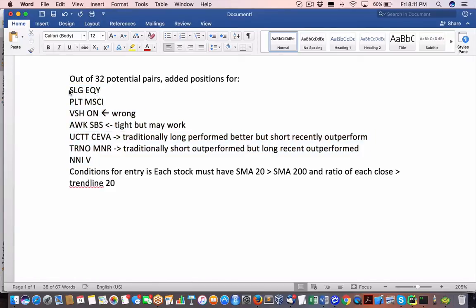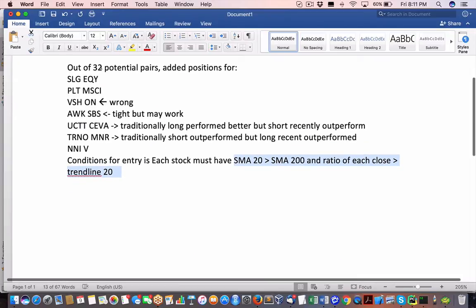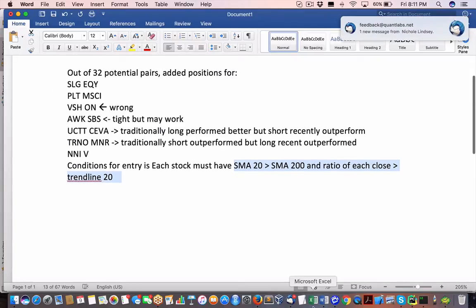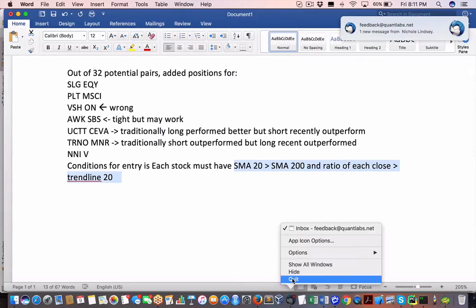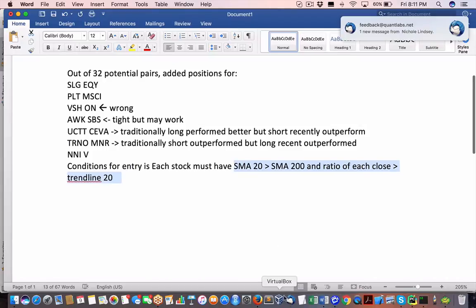entry into the market. Now there's obviously going to be mixed results on this, so I thought I'd go over them. And the cool thing about it is, this is a very simple set of conditions for entry in the market. I'm sure it's going to get a lot more sophisticated, but I'll go over them in a bit. Okay, so let's go through the first one